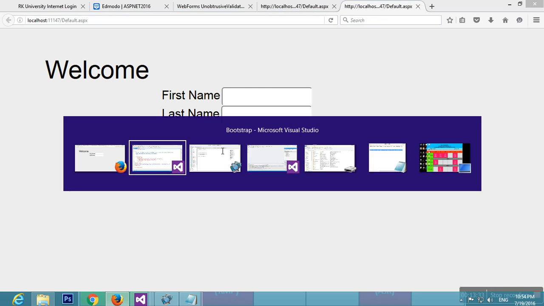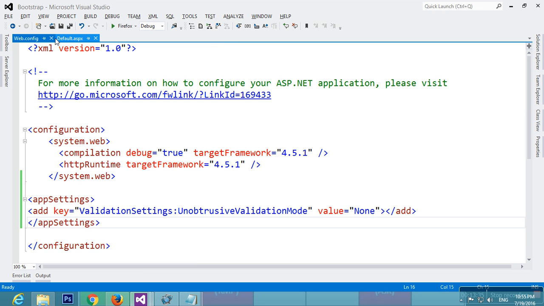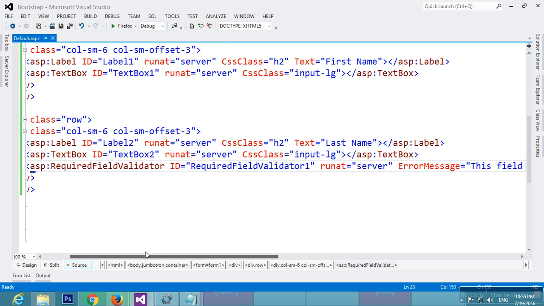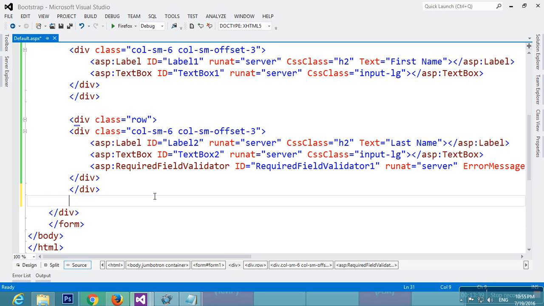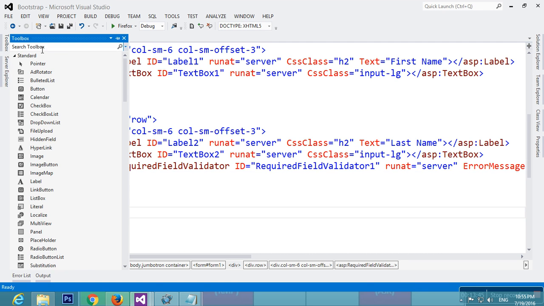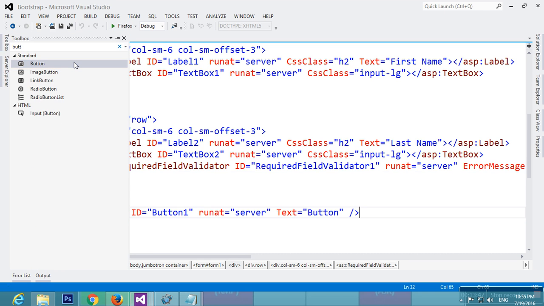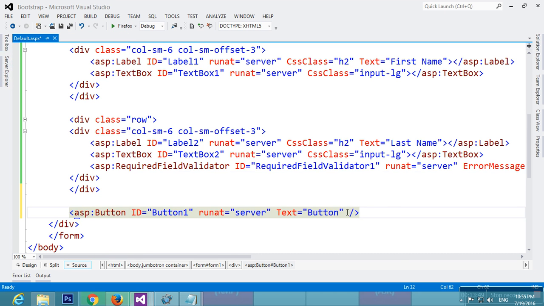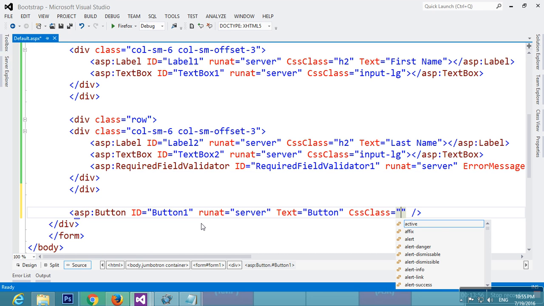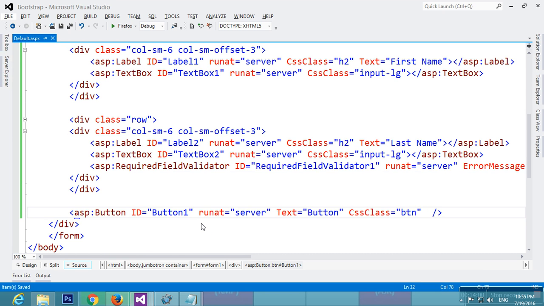So let me now add one button. This is the last control that we'll add. I'll add the button after all these division elements. Let me use the toolbox button. This is the way we add a button, and since again this is an ASP control, I'll use CSS class this time, and the class for a button in Bootstrap is btn, and let me call this submit button.